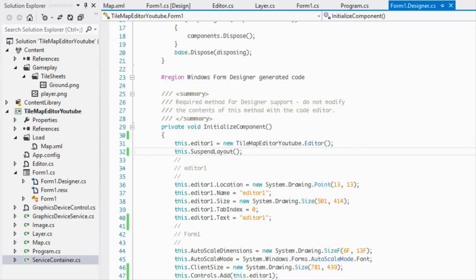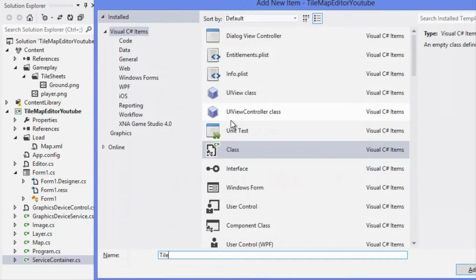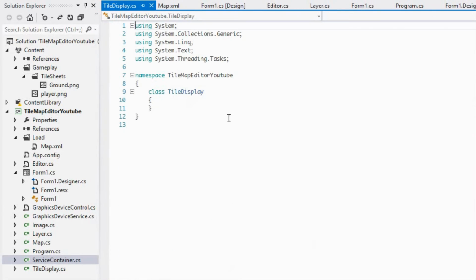I really feel bad for making the tutorial really long last time, so this tutorial is going to be relatively short. All we're really going to be doing is taking the tile sheet from the current layer and displaying it on the right hand side. So now to get started, we're going to create a new class called tile display, and